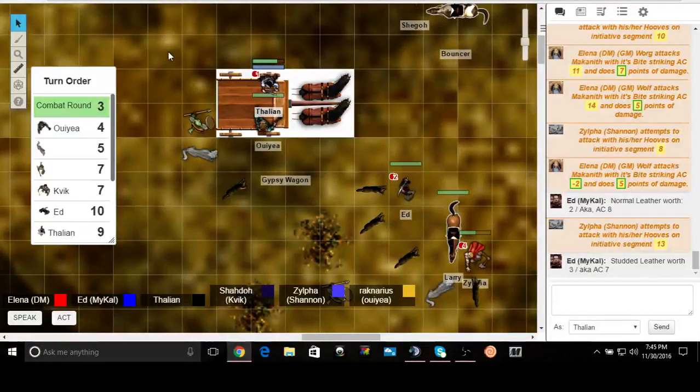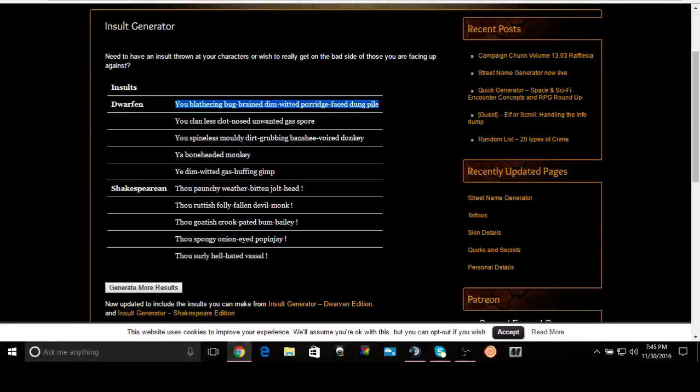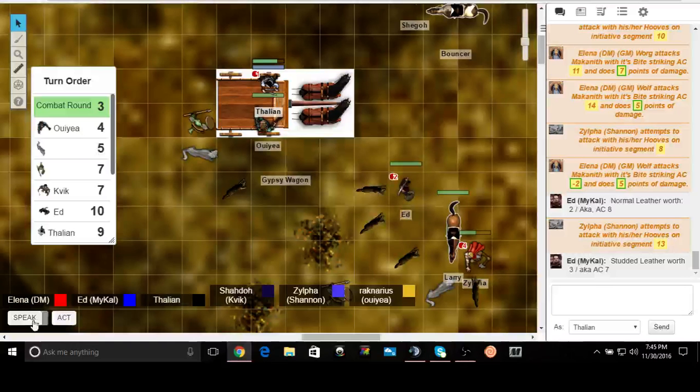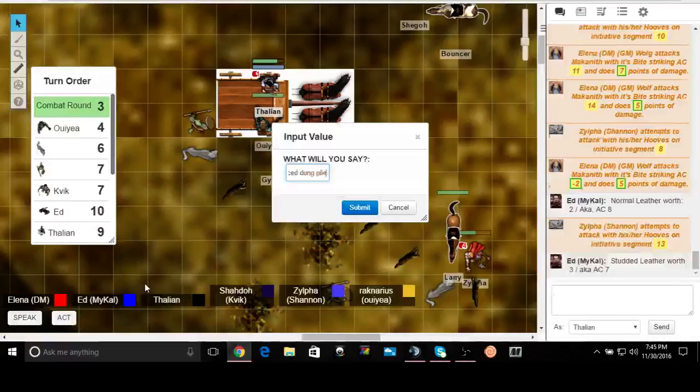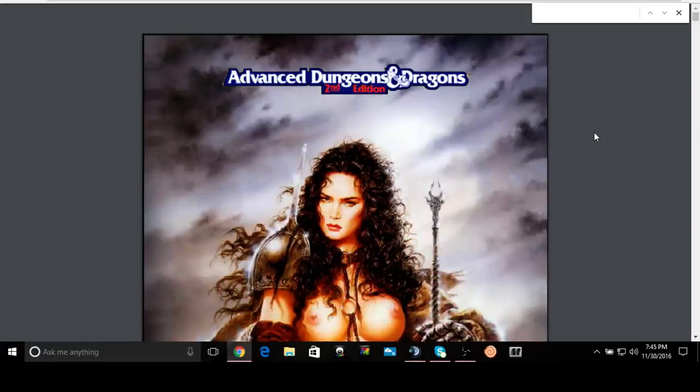Sorry, I accidentally had dragged the wrong thing to my toolbar. I dragged hit instead of initiative, but I got it fixed now. Okay. Everybody got their initiative set? Yep. Okay. So, first up is